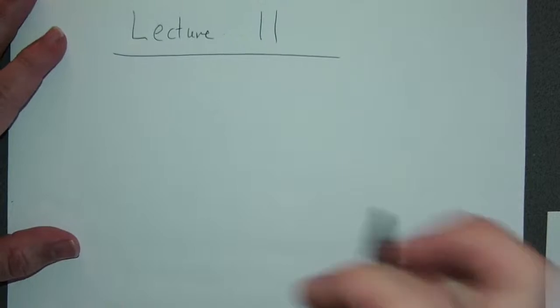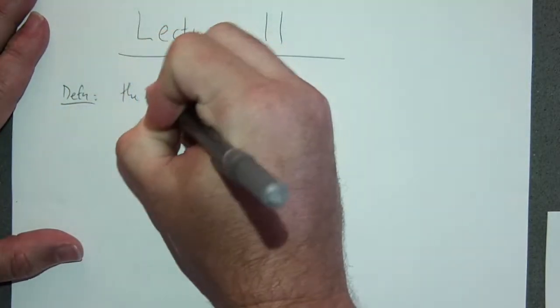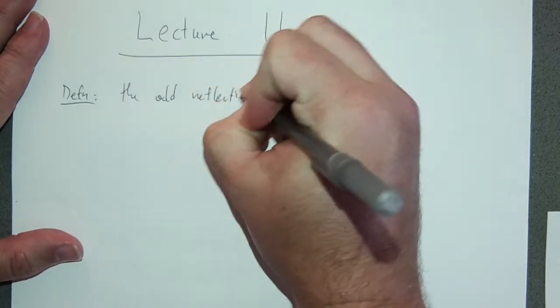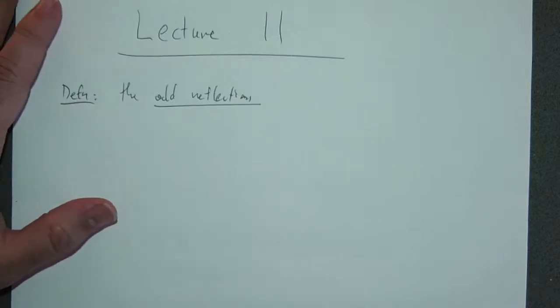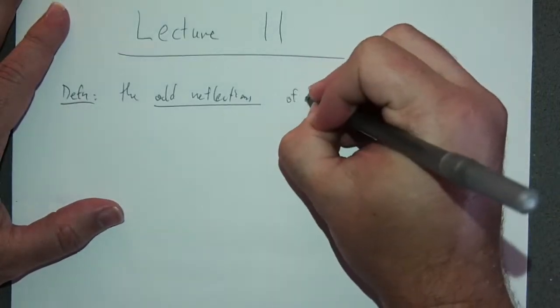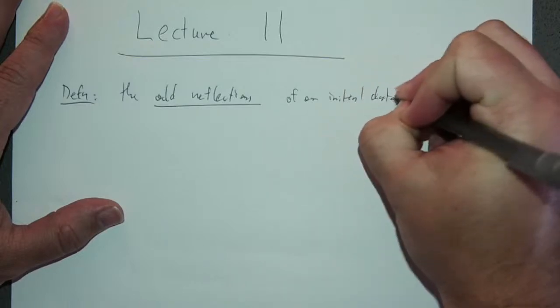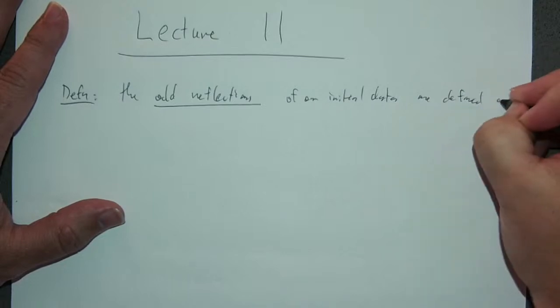So how do we do this? Quick definition: the odd reflections. And of course, I'm applying this to initial data. You could do this for any function defined for x greater than or equal to 0. The odd reflections of our initial data are defined as